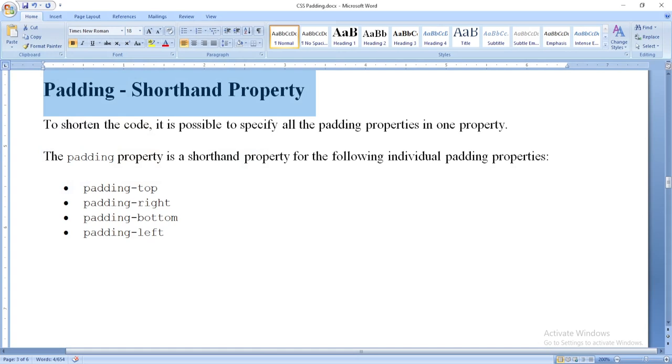To shorten the code, it is possible to specify all the padding properties in one property. The padding property is a shorthand property for the following individual padding properties. As you can see, all this. So just to specify padding, we are using padding-top, padding-right, padding-bottom, and the padding